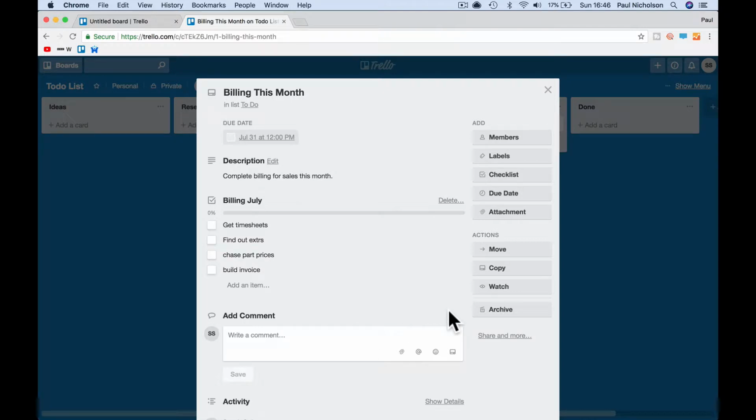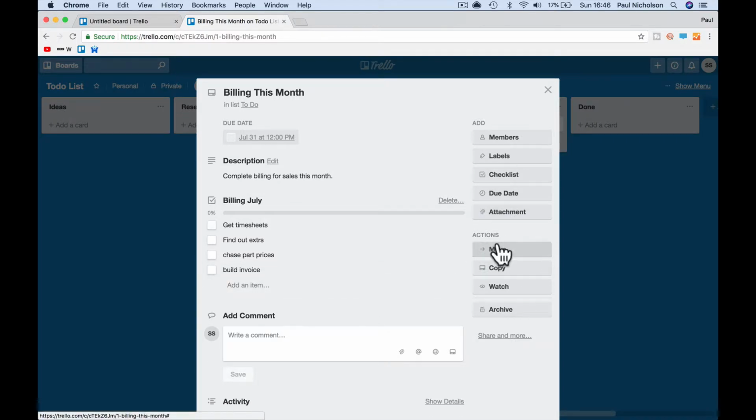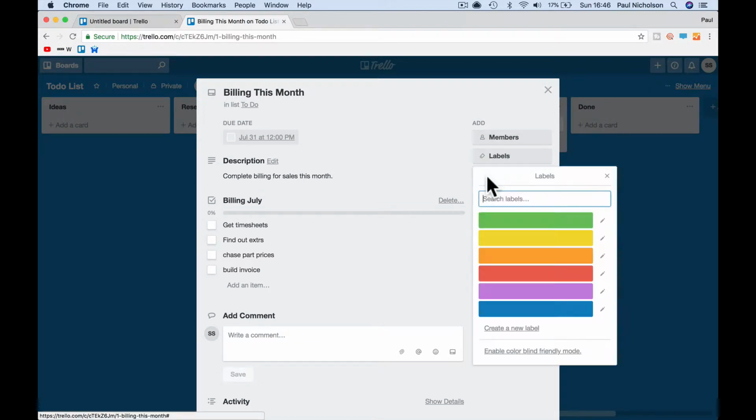So don't worry, I'm going to go back through in a bit all these things that you can do in a card. Like you can obviously add an attachment, you can move it, copy it, archive it to close it. You can add labels where it's for certain things, so maybe red's for billing, and you can add a label